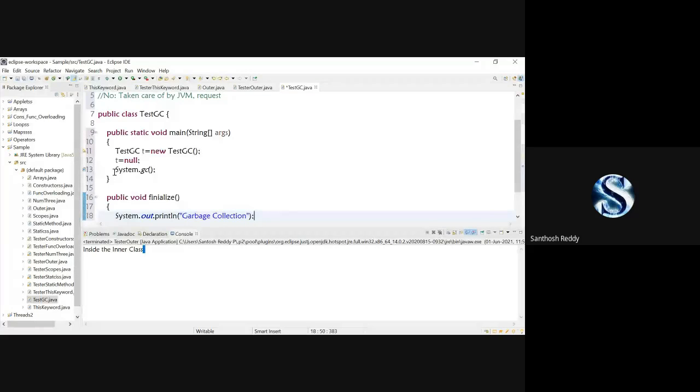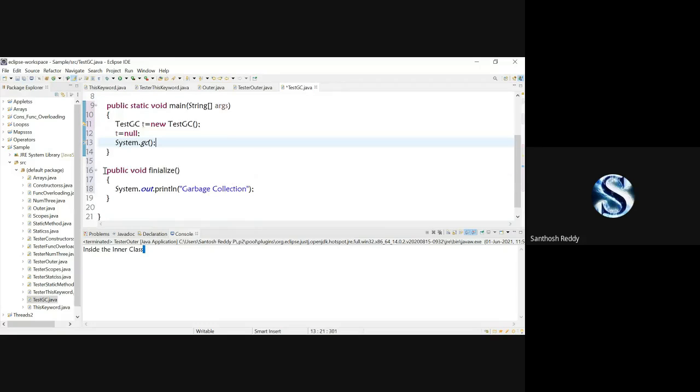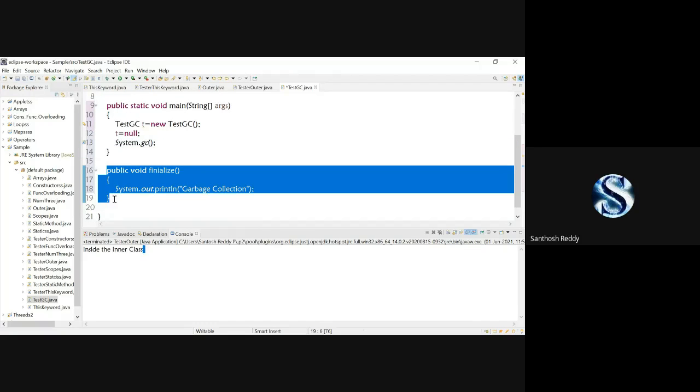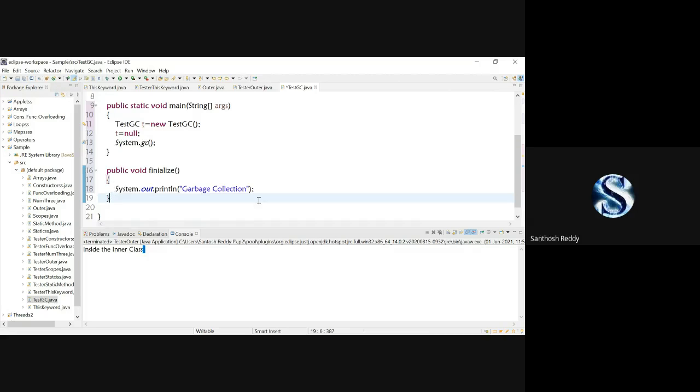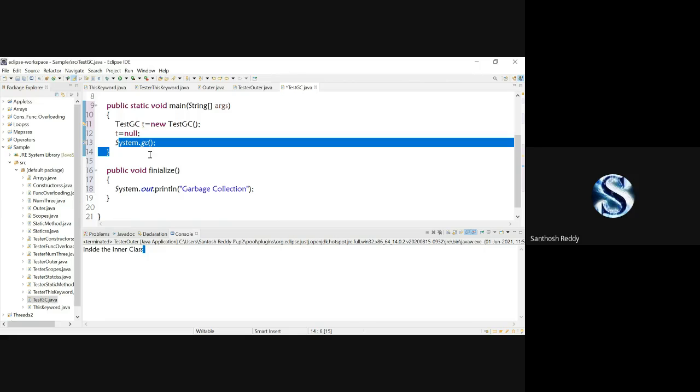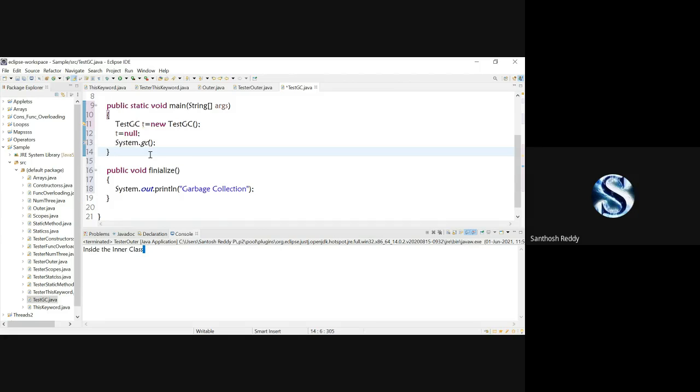Okay, we can check it out here. When this function is working, System.gc: before System.gc, finalize is going to get called. Why? Because sometimes there might be some permissions that must compulsorily be closed. At that time, you can put that into finalize and it will work. Before calling the GC, it will call finalize and then the GC will be called. Now I'll save the code and I'll run.